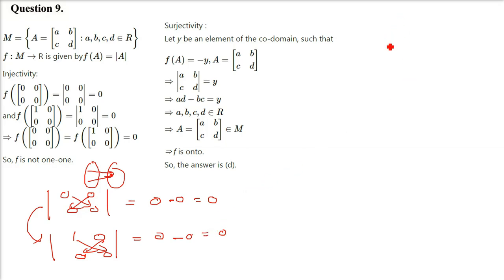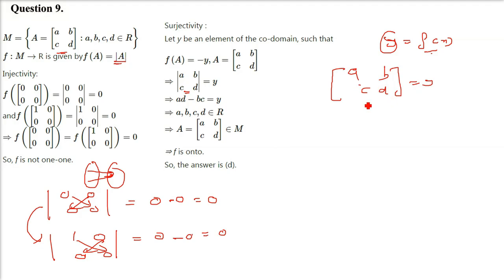See, injectivity means 1 to 1, so it is not 1 to 1. Coming to surjectivity. Surjectivity is y equals fx. That is, for every value of y, you get a unique x value, that is a pre-image from the first set. So we'll use the definition of determinant here. I am putting fx as ABCD, because fx is ABCD, and this is going to be y because fx equals y.